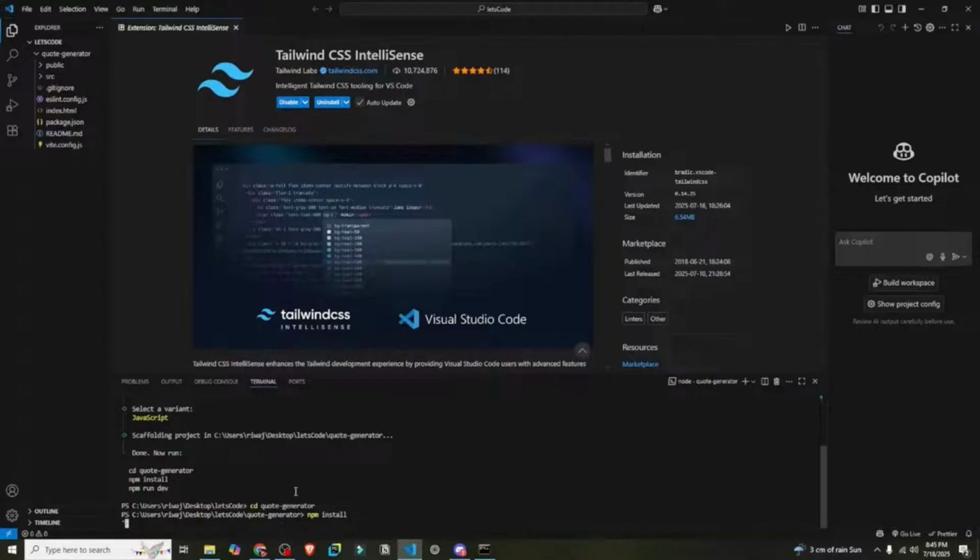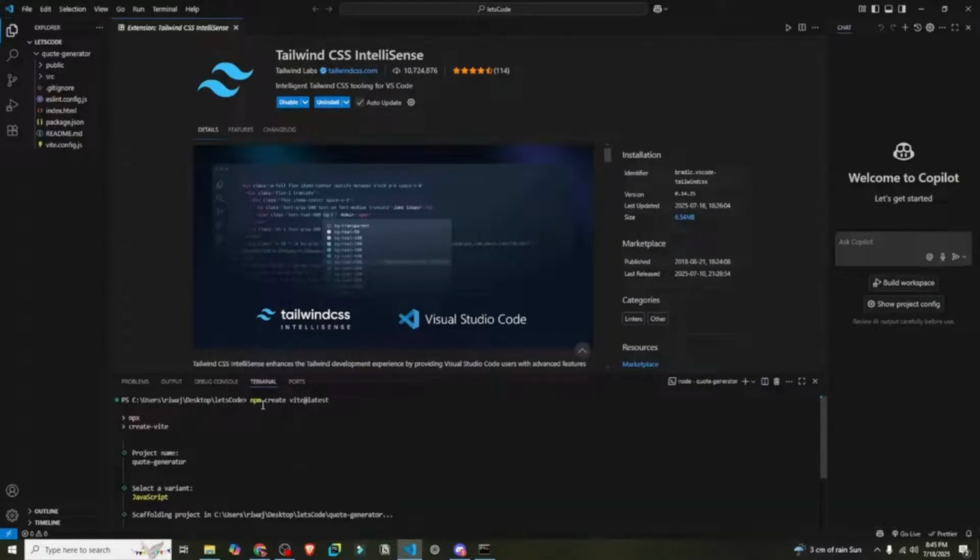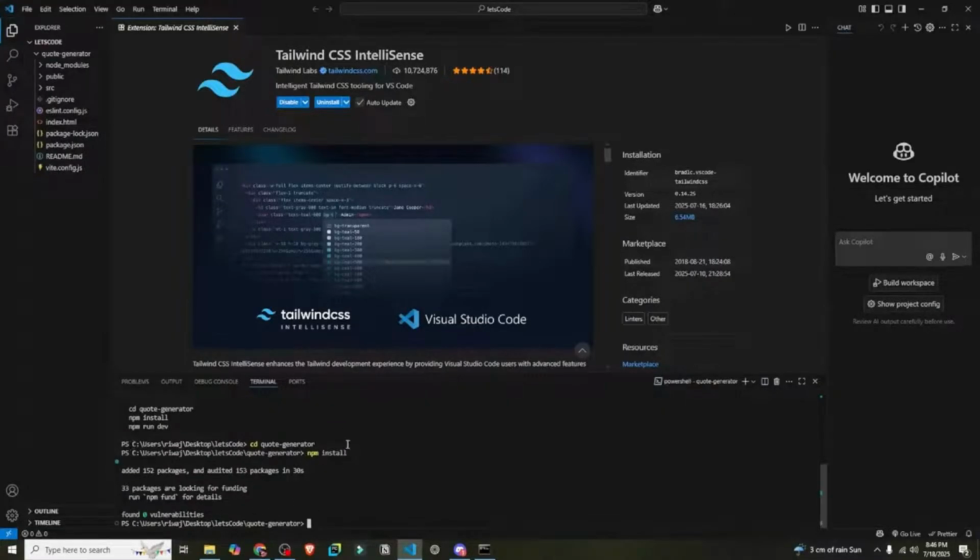Okay, so while this is installing, I'll tell you guys something. In many of your devices, or in many of the people who are viewing this in their devices, this command might not work initially due to lack of some permissions. But you don't have to worry. There's a quick fix available, a temporary and a permanent fix available for this. I'll not explain it right now since I'm not running into that problem. But if you run into that problem, you can comment it down in the comments, and we'll drop a quick fix for you guys. So we are done running npm install, and after that we have to run npm run